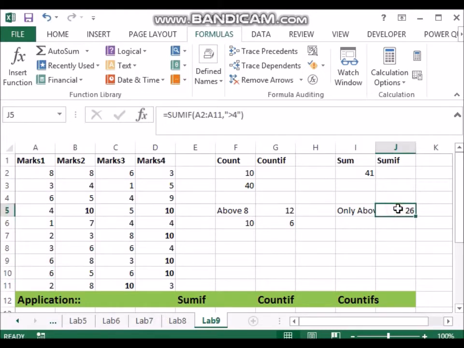So our answer is correct. So it has totaled only people who are above 4. So this kind of function, SUMIF, can be used in many cases, like when we want to find the sum of the salaries which are greater than 10,000, or the sum of the salaries which are less than 20,000. So it's helpful to put a condition along with your sum.